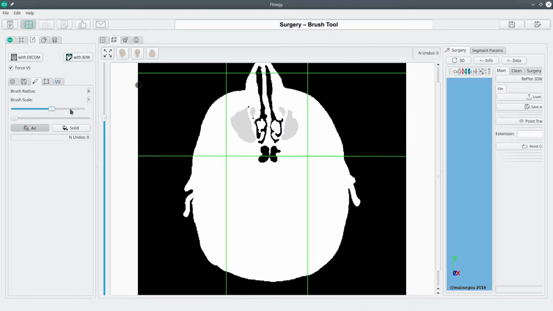As you can see, the brush is going bigger or smaller. And also we can do it in bigger steps. Smaller steps, bigger steps. Here, if we have selected air, we will add air when we click it. And here we would add solid. As an example,